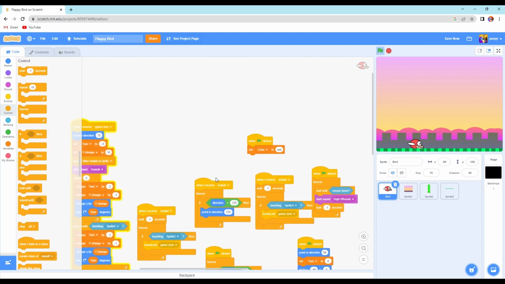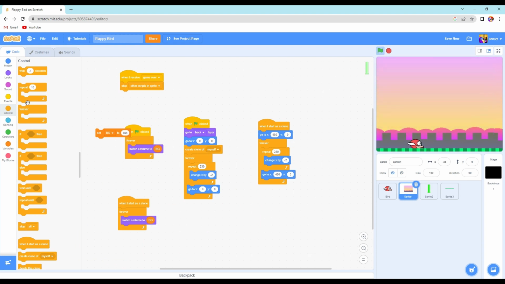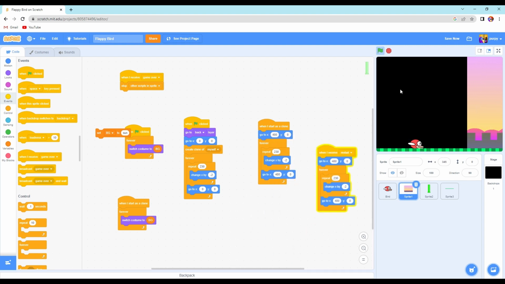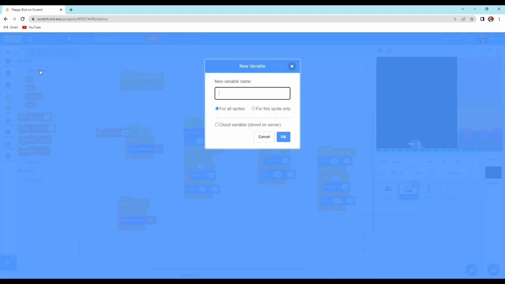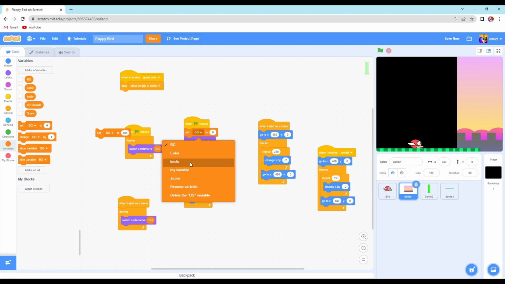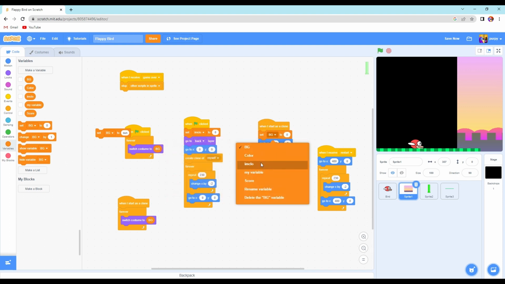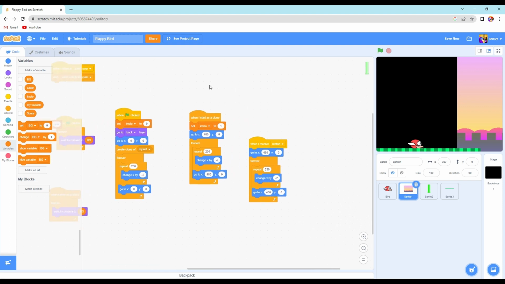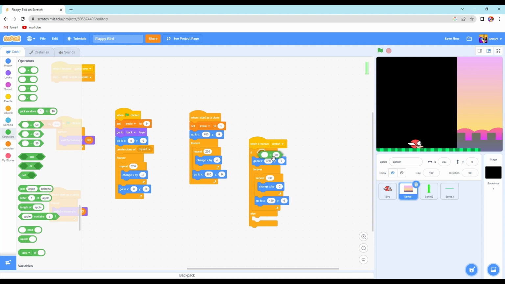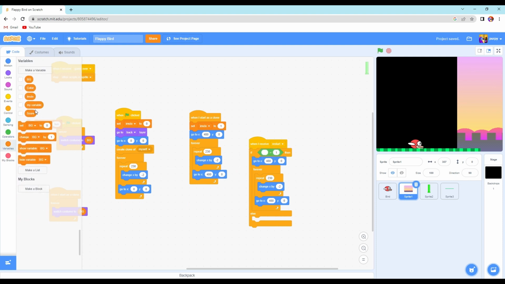So, when I receive restart, bam. That should be only if it's a clone. So, in the background we put I'm Clo. Set I'm Clo to 0 when flag clicked, but when I start as clone, set I'm Clo to 1. So now if else, if I'm clone equals 1,